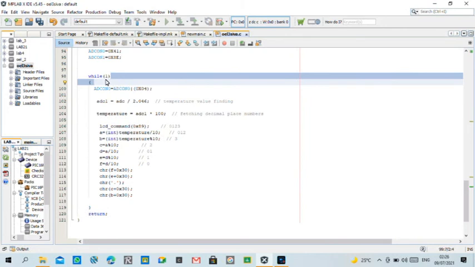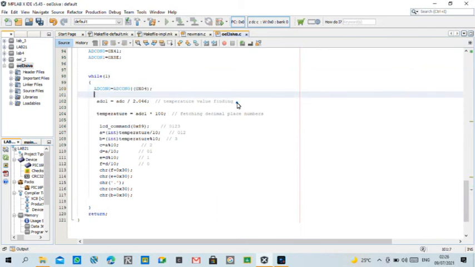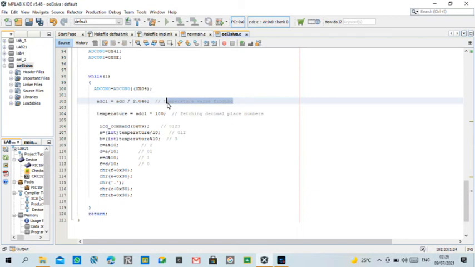The first step inside the while loop, we have set the go bit for the ADCON0 register. To find the temperature value, first we should find the step size and find the factor. Then ADC divided by the factor, we get the value of temperature.